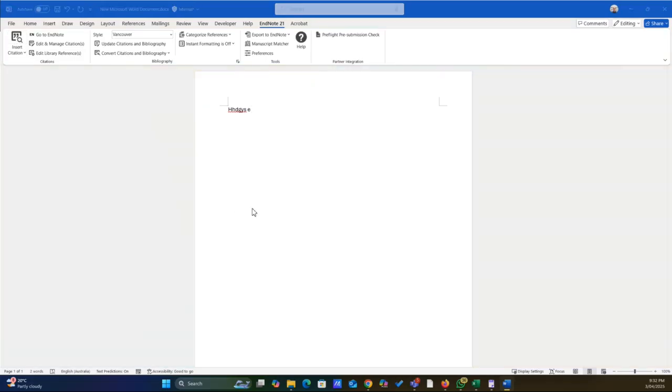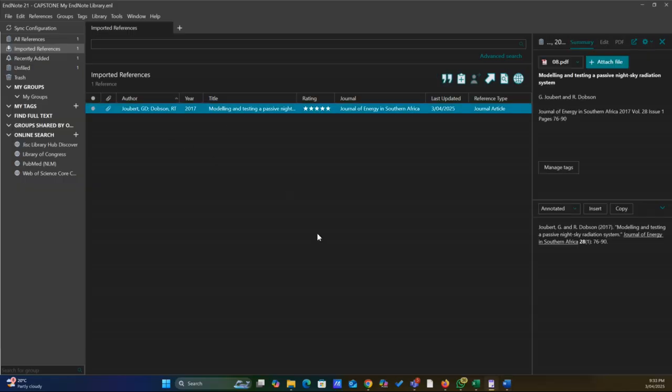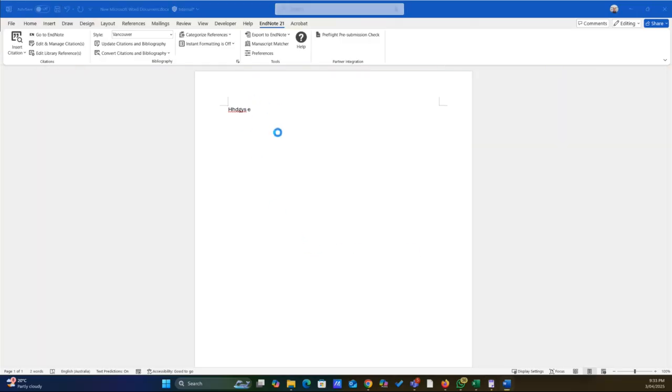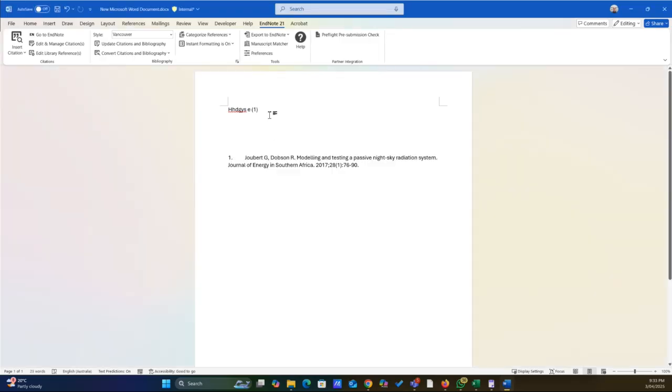I can simply insert citation. It's going to take me to the EndNote library. Oh, it didn't take me to the EndNote library. I will go to the EndNote and I'm going to click on this one and I can simply do something like insert. So it's coming here and it's going to insert this reference. Now this was inserted as a Vancouver type. I can change that to the APA6. Now let's change the style. So now you can simply cite while you type. Okay, that's it. That's what we can have for the EndNote, and that will be the end of this